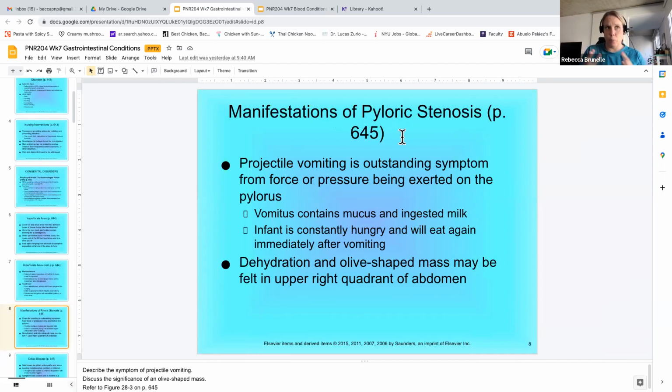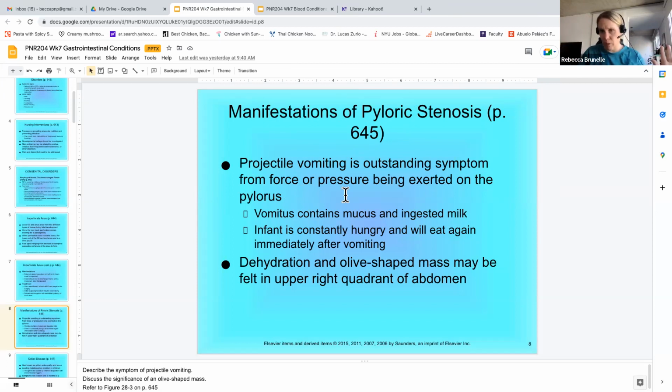associated with problems with the GI tract is pyloric stenosis. You need to remember pyloric stenosis is particularly associated with projectile vomiting. So the pylorus is the connection between the stomach and the small intestine. So if it's stenosis, it's narrowed. So babies with pyloric stenosis have a hard time draining their stomach. What they eat doesn't go down into their small intestine, so then they vomit it up. So it's associated with projectile emesis.